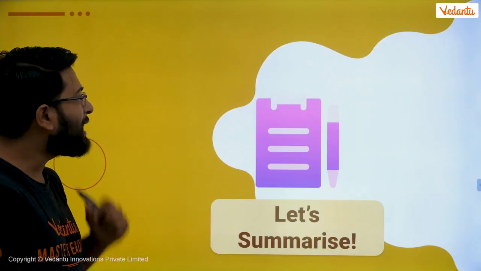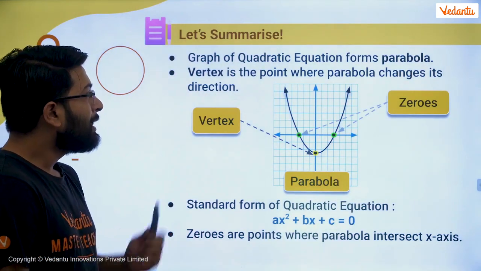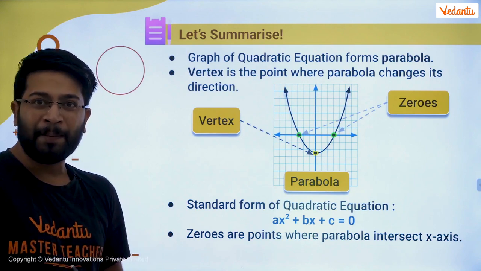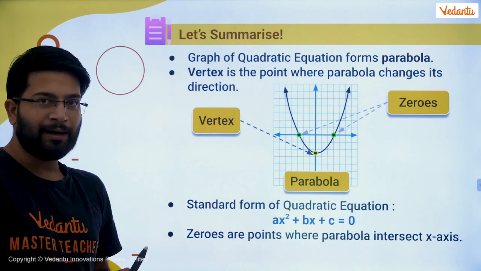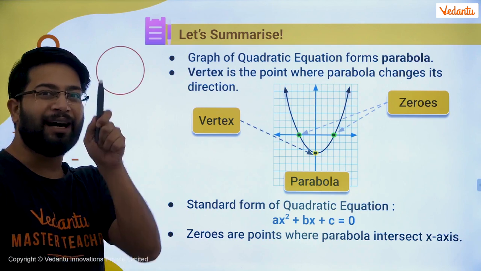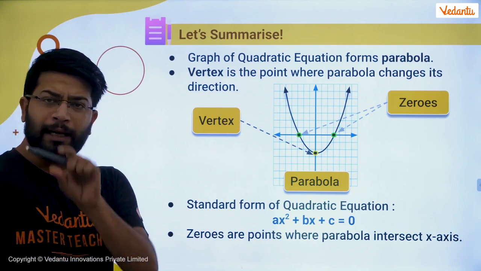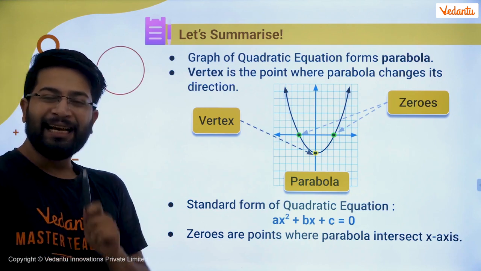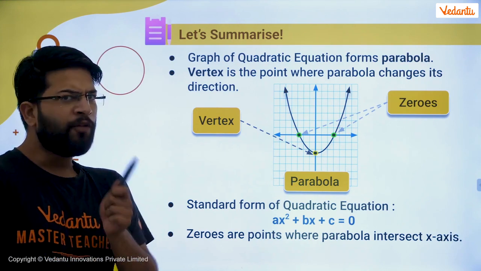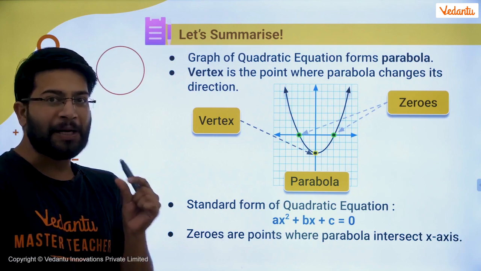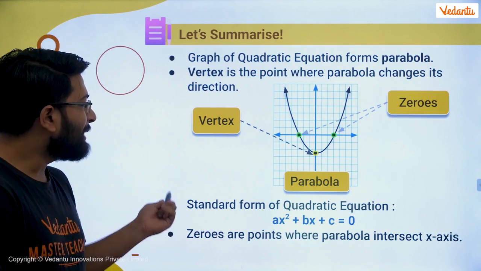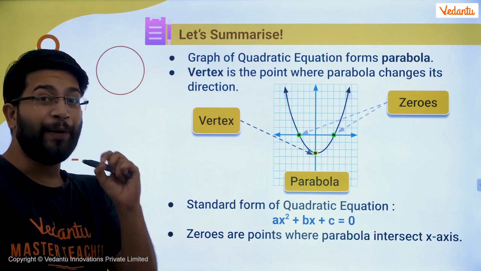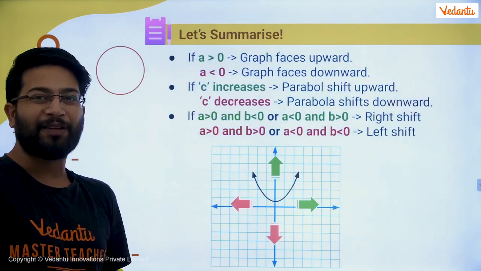So now, champ, let's summarize our class. In this class we have seen that the curve of the quadratic polynomial is represented by a parabola, whereas the vertex is a point about which the direction of the curve gets changed. Then the number of points of intersection of the curve and the x-axis is nothing but the number of real zeros. From there, we can define the discriminant also. Then, champ, we have seen that for every parabola, there could be 2 real zeros or 0 real zeros, depending on the position of the curve.